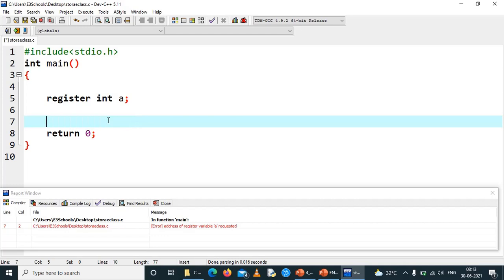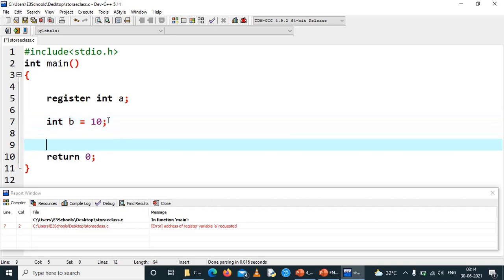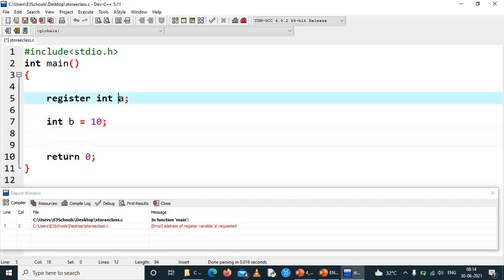Instead, for example, b equal to 10. So we have another variable. I will declare this register int as a pointer variable. A pointer variable is another special kind of variable that can store the address of another variable.